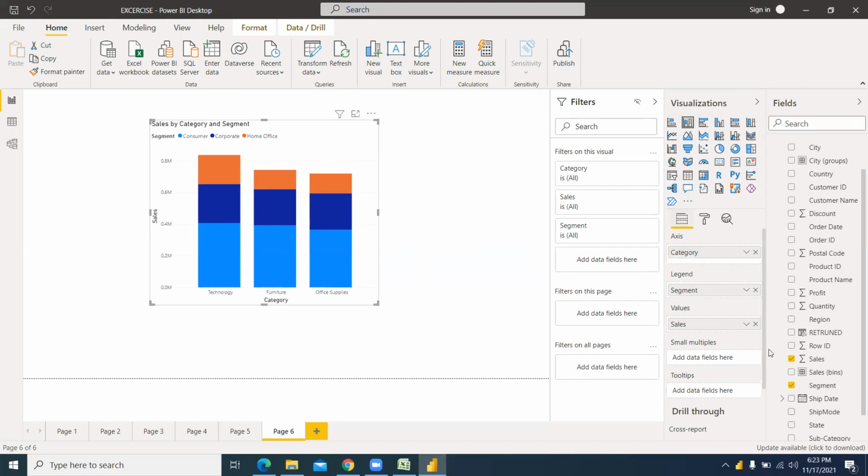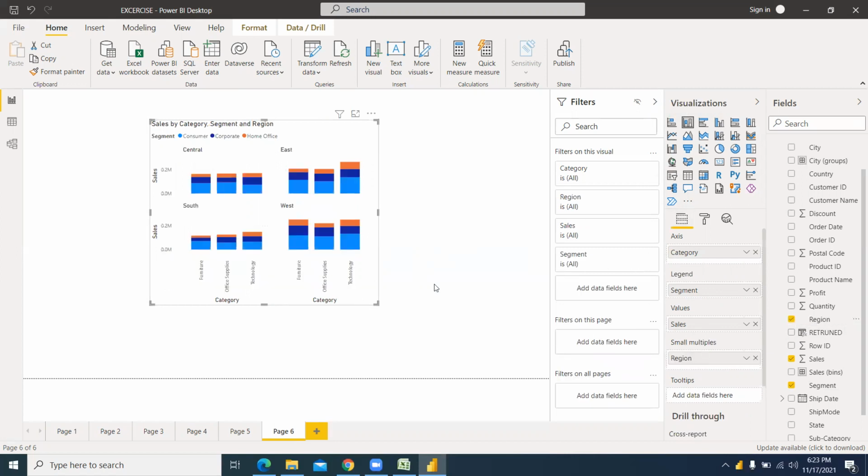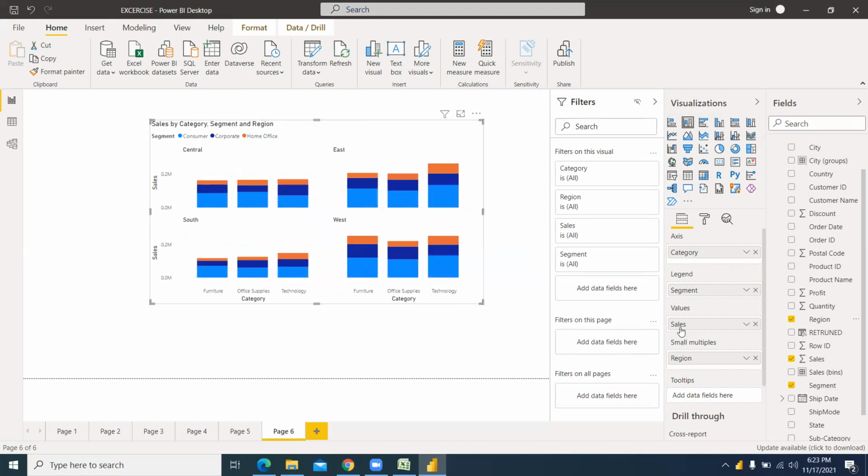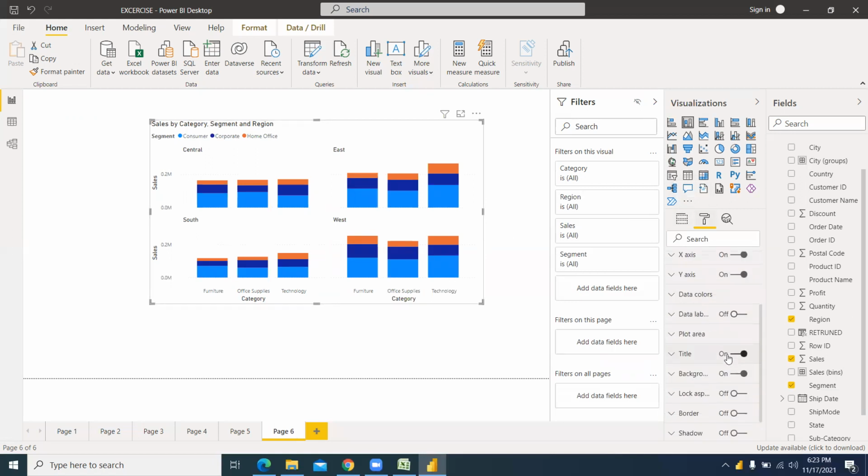There is a small multiples option, so if you put the small multiples, you see how it will show. You see, right? This is a good option they have newly introduced. Okay, so in the previous session I didn't use the upgraded version, so you can see properly, like south, east, what is the value for east, and north. So when you take one more dimension, it will divide like that, and then you can see it. So the formatting options would also be the same everywhere.